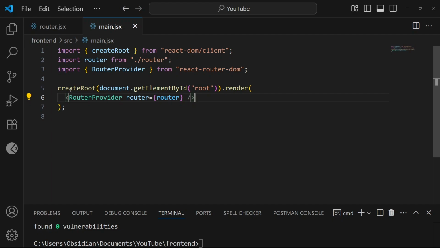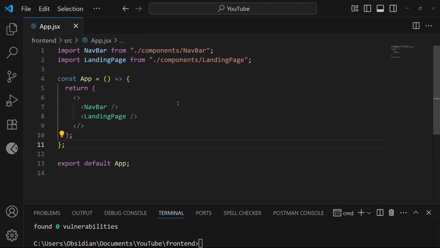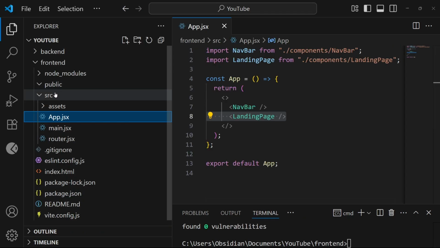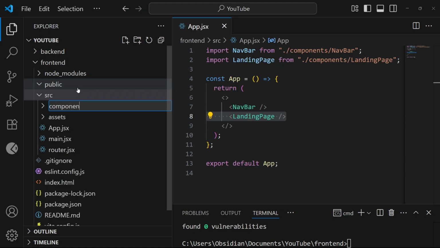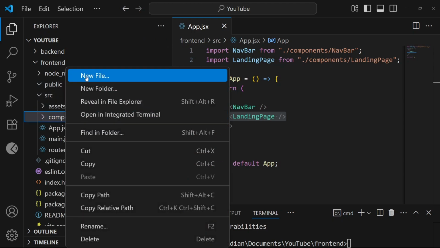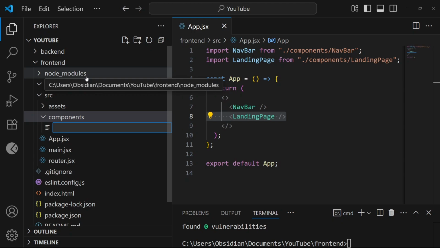So we're going to head to our app component. So there's nothing new in our app component. We're simply importing two other components, which are the navigation bar component and the landing page component, and we're simply returning them. Next, we're going to look at the navbar component and the landing page component, which we have not created yet. So we're going to create them now. Inside our source folder, we're going to create a new folder called components. And in here, first, we're going to work on the navbar component. So we're going to have